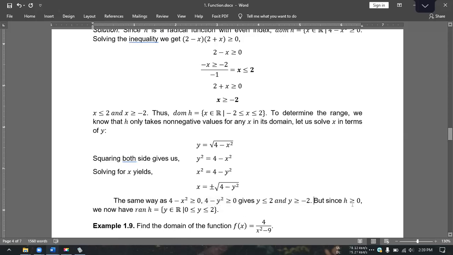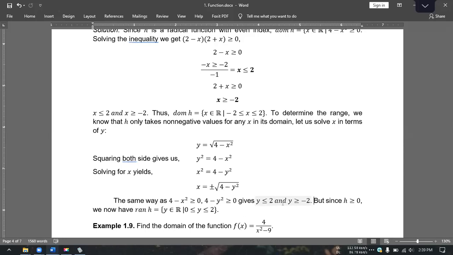Yan, h is greater than or equal to 0, meaning the graph of the function will always start at a point where y is equal to 0. Did you get that? I repeat: since the function cannot be negative and the radicand cannot be negative, the graph of any radical function always starts, for the range,